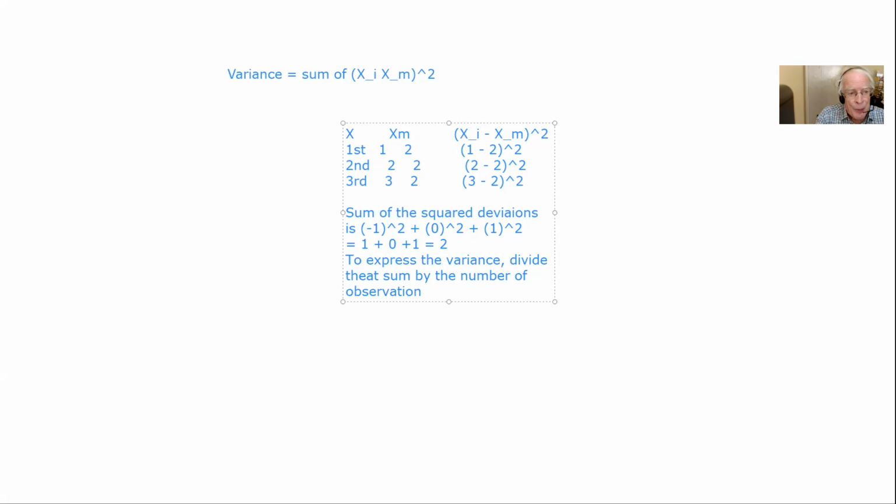I assume that this is not a sample, but a statistical population that just consists of 3 observations. So 2 divided by 3 gives us the variance of this distribution. It is 2/3. The important thing to note